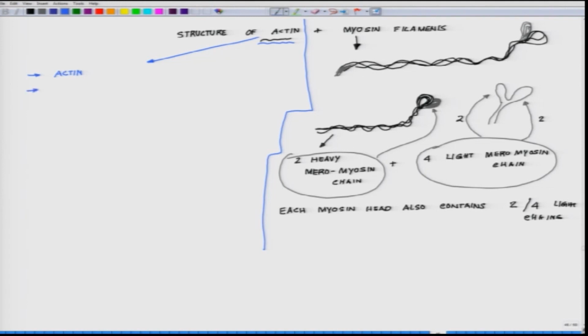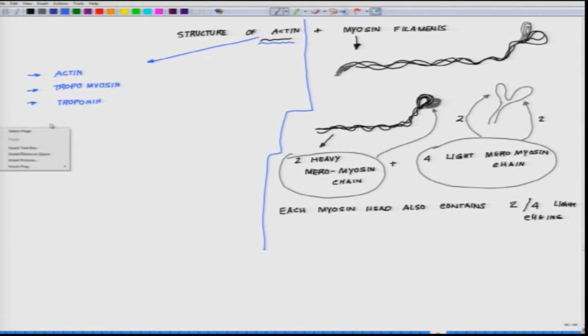Then you have tropomyosin and troponin. Okay. It is made up of 2 helical strands that are loosely connected,